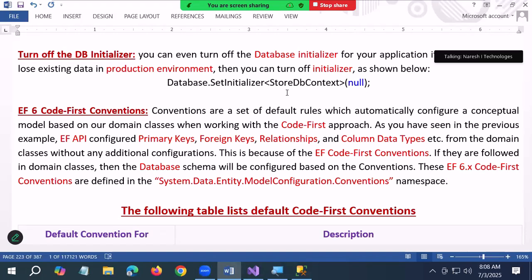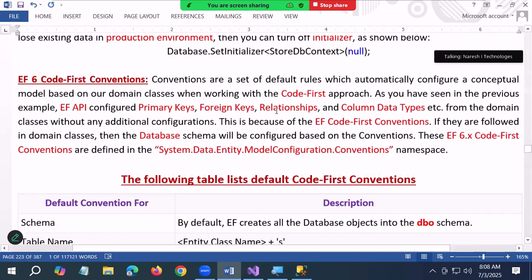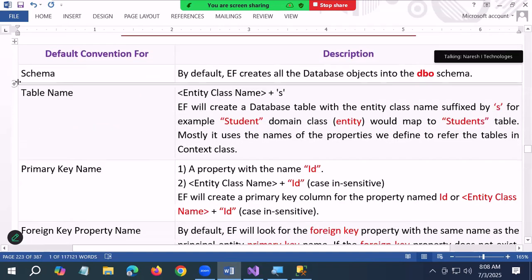These EF6 code first conventions are defined in the System.Data.Entity.ModelConfiguration.Conventions namespace. The following table lists the default code first conventions. The first one is schema. What is schema? Schema, in the sense, listen,